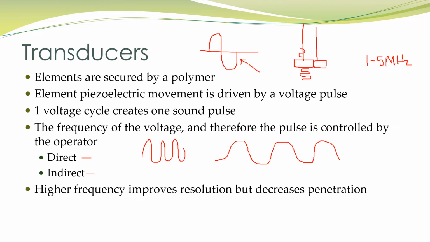So on the Philips system, I might have that same transducer that says that it operates between 1 and 5, and I'm scanning a liver and I can't get to the posterior aspect of the liver because my attenuation is eating up all my beam. So I would know I want to reduce my frequency. And it doesn't have a direct frequency button where I could just go from 5 to 4 to 3 to 2 to 1. What Philips has is something called res, which would be your high resolution, which indicates higher frequency. It would have gen, which would be your moderate resolution and your moderate frequency. And then it would have pen for penetration, which would be your low resolution but low frequency. And so adjusting from gen to res to pen or vice versa would be an indirect